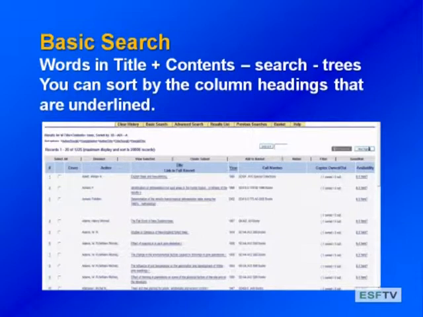So here I've just clicked and resorted the search by author. You can see author is no longer underlined. So my other options now are to resort by title or year. You can see a lot from this basic search screen. The results come back with the call number, and it comes back with how many copies we owned and whether or not it's here. You could use that and go right to the shelf, but it's probably important to click